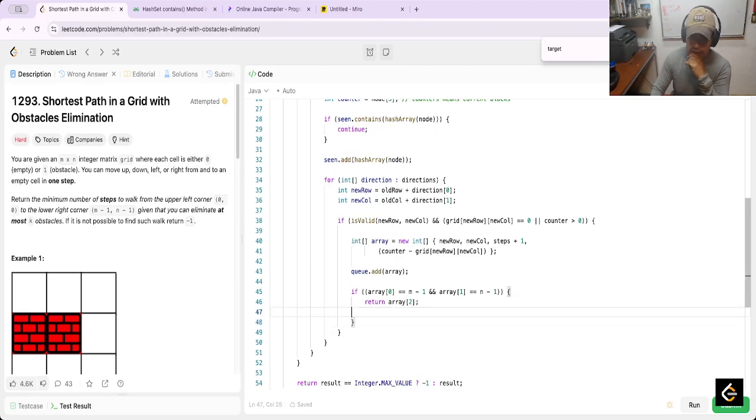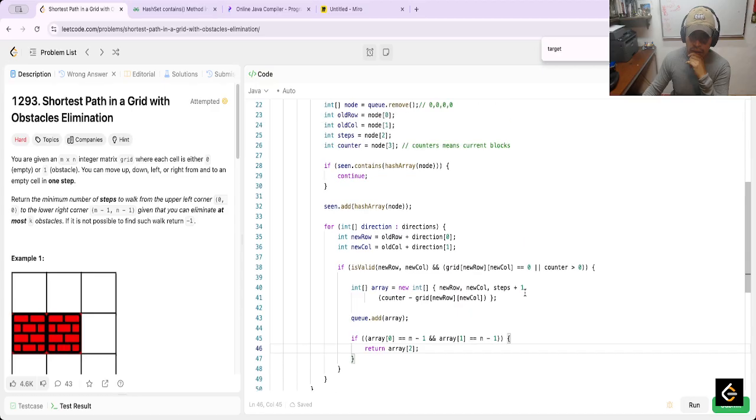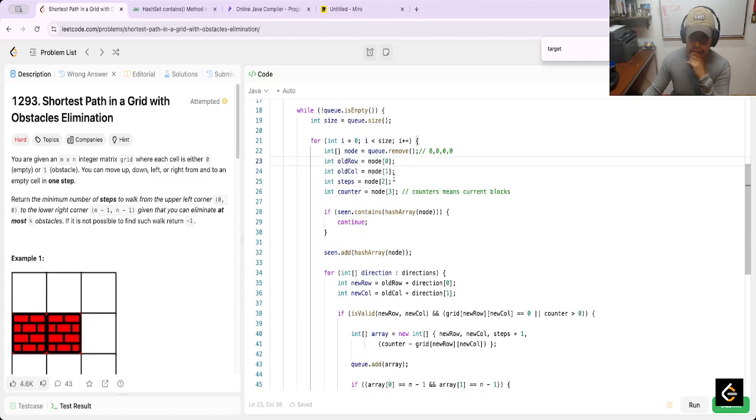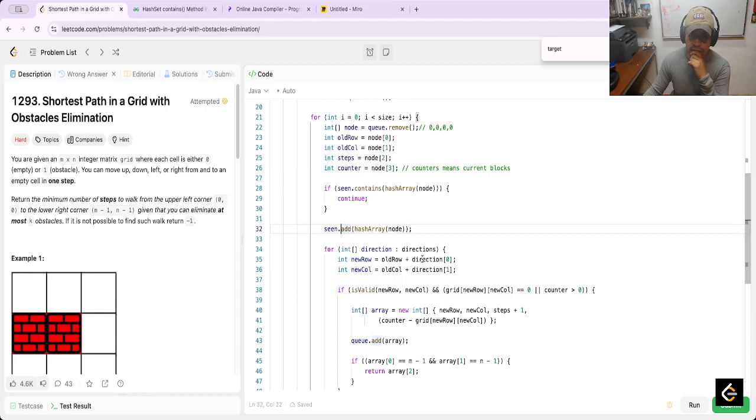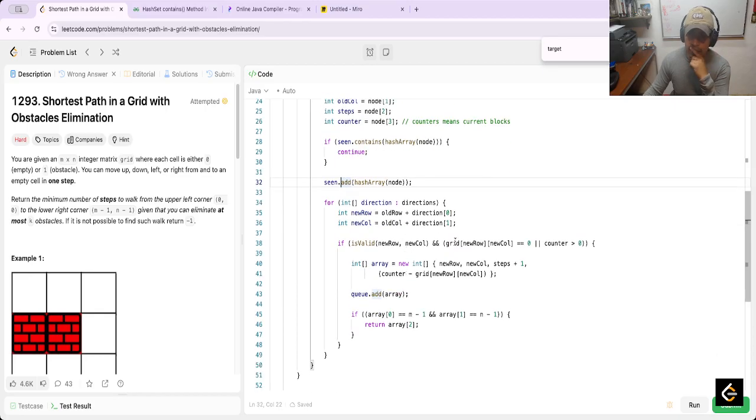When it reaches this, I take the first, the steps, the counter, if it's contained, continue. Otherwise add. Now direction, we get the old direction, that is this, plus the new direction, and we need to validate, and we need to check if it's 0 or the counter. In this case it is and the counter, not or. Here it is not or, because if it's 0 it only moves, but